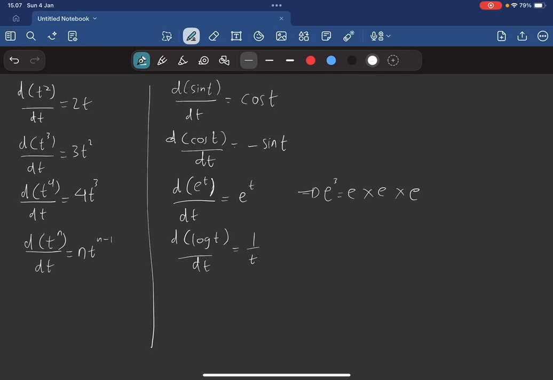There are a few useful rules to remember about derivatives. You can prove them all if you want a challenging exercise. The first is the fact that the derivative of a constant is always 0. This makes sense. The derivative is the rate of change and a constant never changes. So the derivative of a constant equals 0. The derivative of a constant times a function is the constant times the derivative of the function.